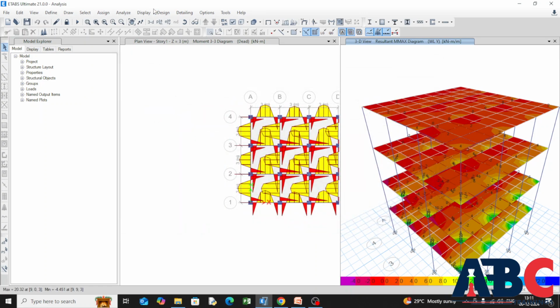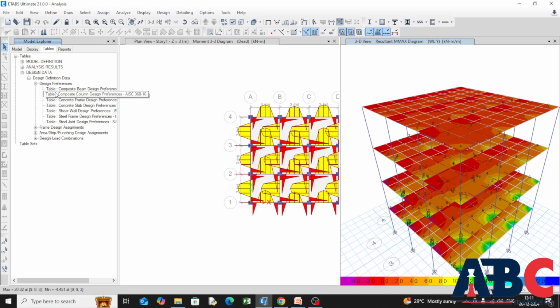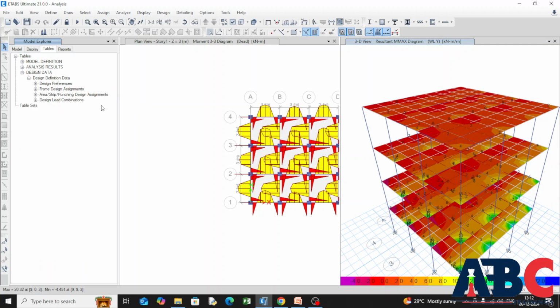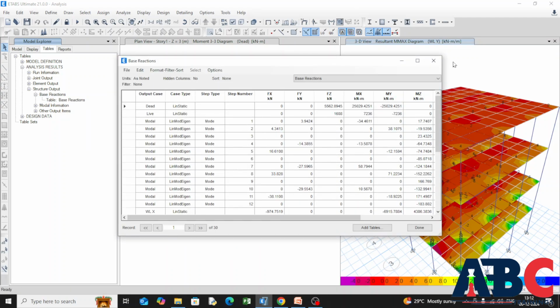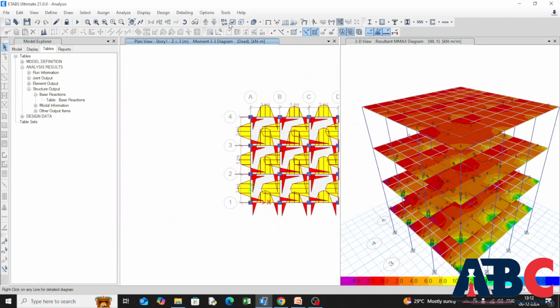Okay, similarly you can see tables from here also, like data, frame design, analysis, design preferences, all things you can check from here. Okay, and analysis results are available here. This base reaction, like this. Okay,